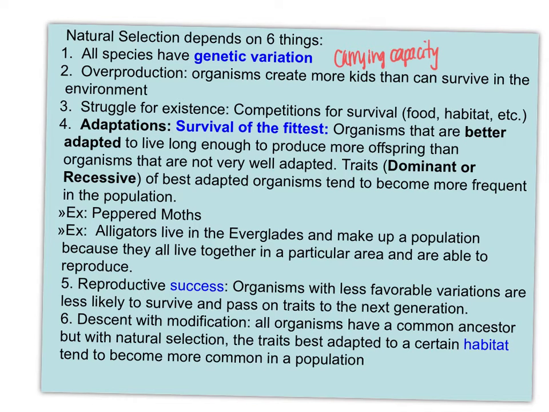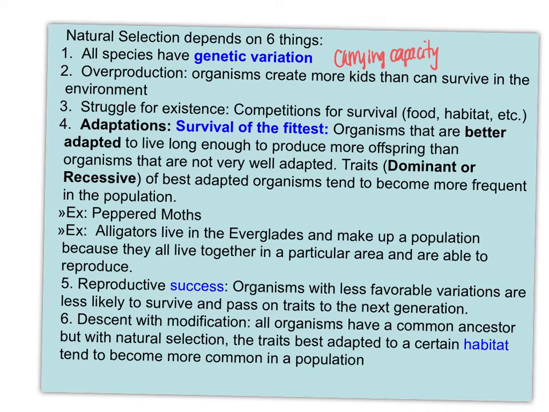So a dominant or recessive trait doesn't necessarily mean that you'll have more of the dominant, because if the dominant is not the favorable trait for that environment, then you're not going to see more of that, because they're going to die. And of course this depends on the environment. With those peppered moths, in some environments the black may be better, and in some environments the gray may be better.